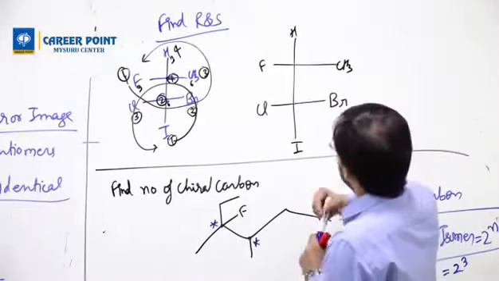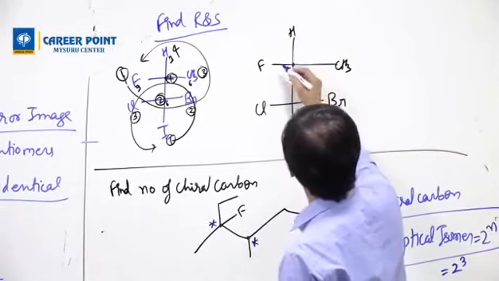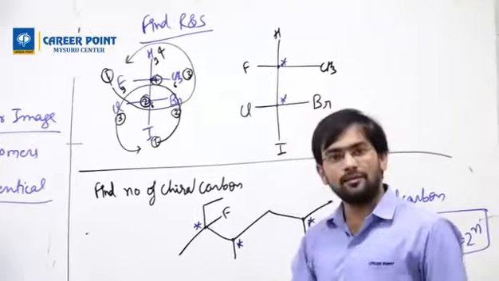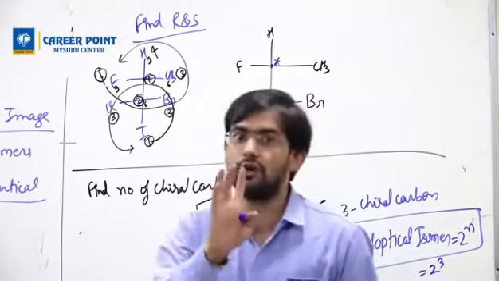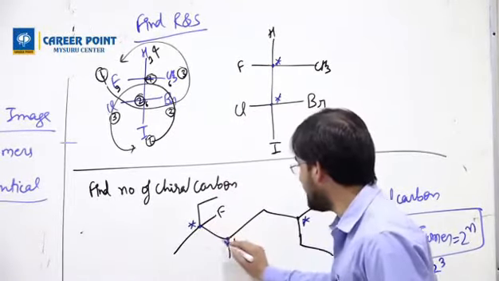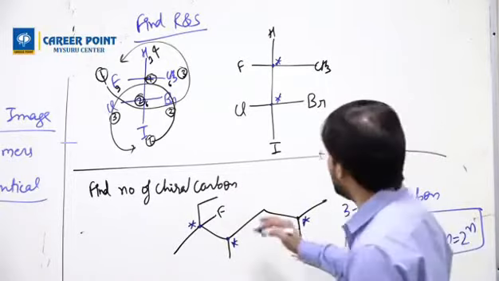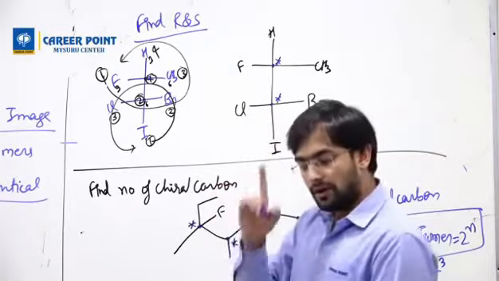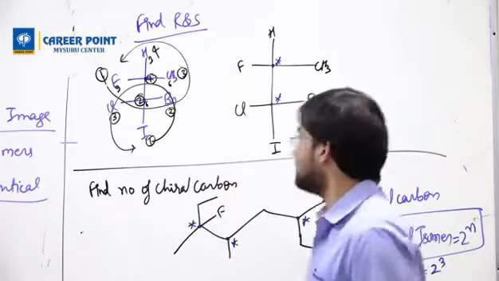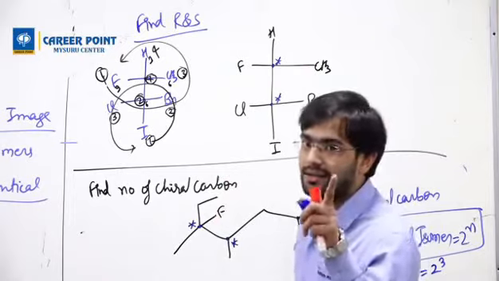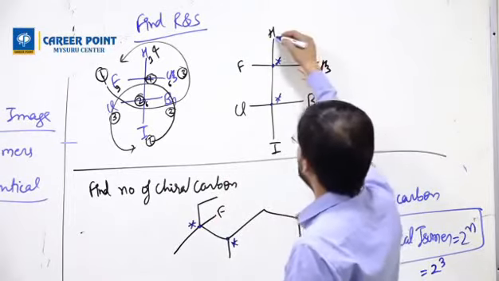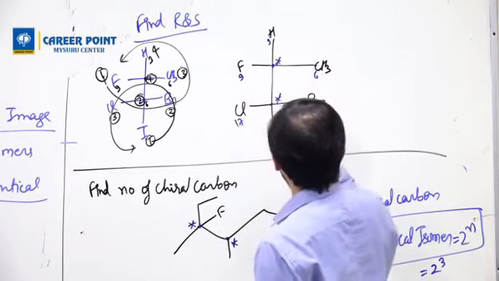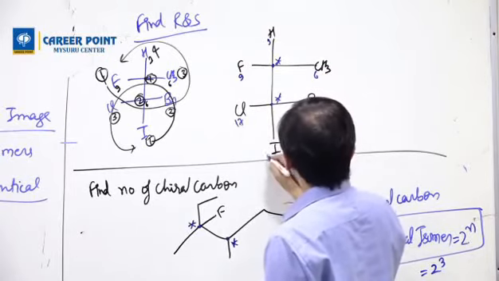First we find out that this is a chiral carbon, because all 4 groups are different. This is also a chiral carbon. We do priority only for chiral carbons. The same way I can do it here, but it should be given in this diagram only. So I got 2 chiral carbons. Then we write their atomic numbers: this is 1, this is 9, 6, 17, 35, 53.